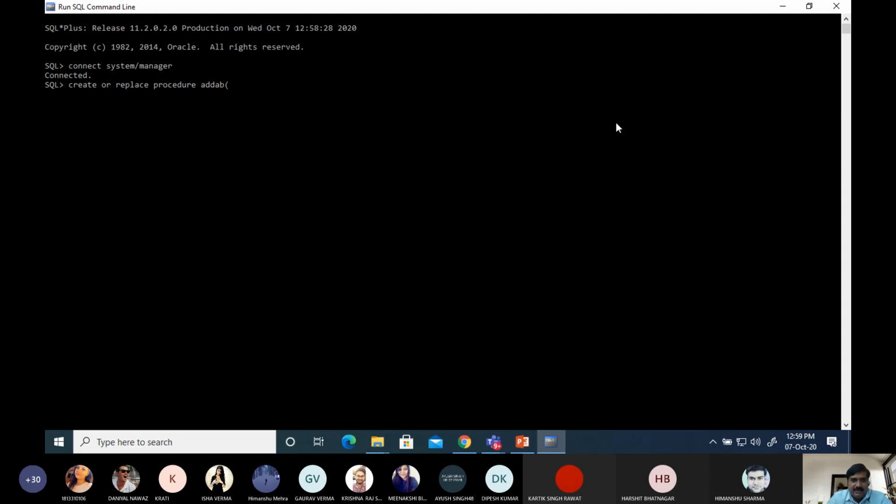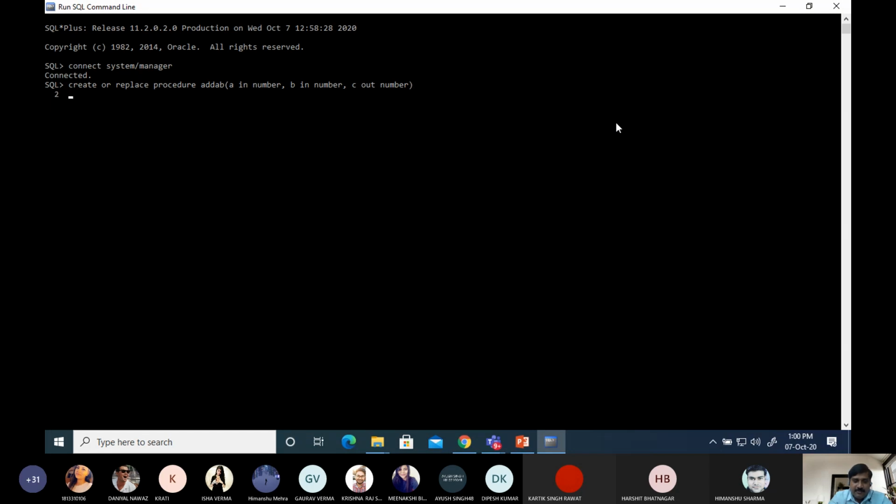Then in this we pass three parameters. First a, input mode and type is number. Second b, input mode, type is number. And third c, output mode and type is number.